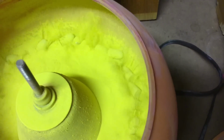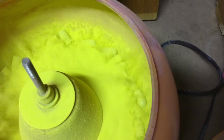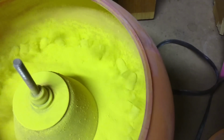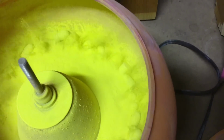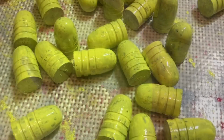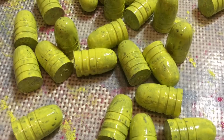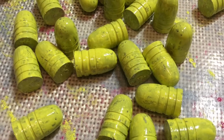This powder coats real well. The bird yellow looks like a winner. But let's hold back on the accolades until we get it out of the oven. Well, the problem with the bird yellow is that even though it looked like it covered pretty well, as soon as you put it into the basket and shook the excess powder off,